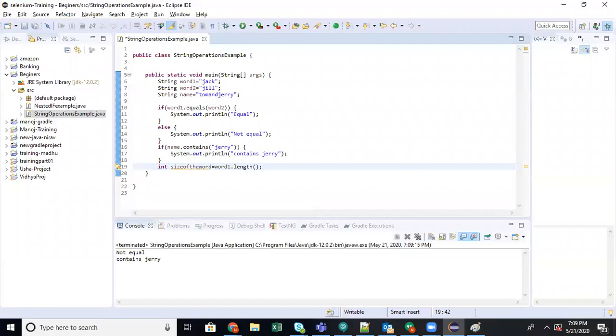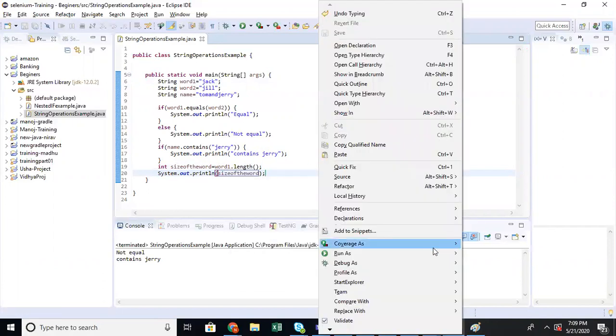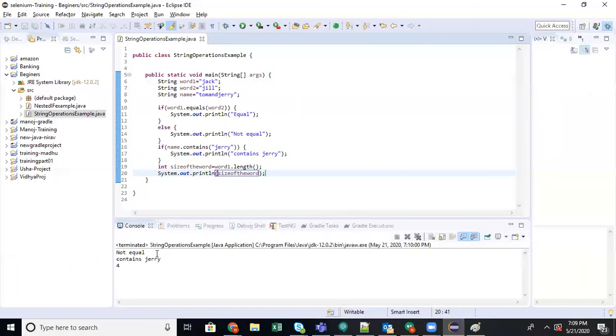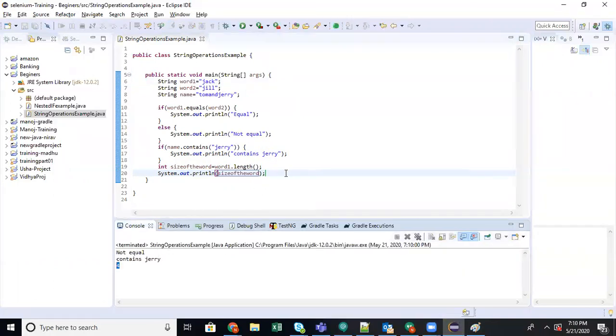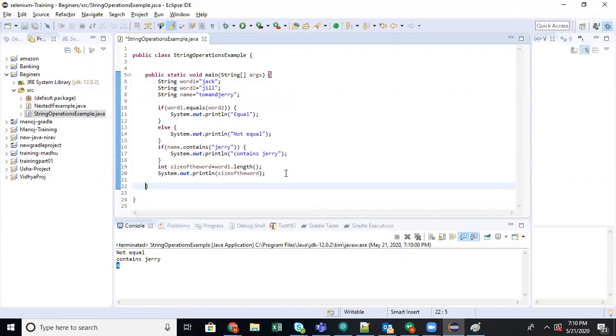This will give you how many characters are there in that particular string. If the word is this, it will give you 4 as output. You can print and see. 4. Okay.